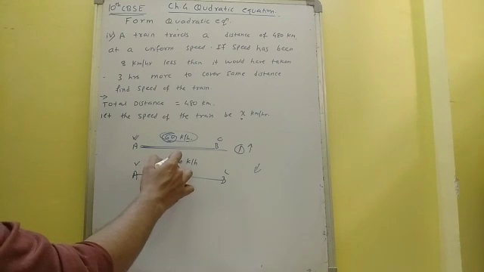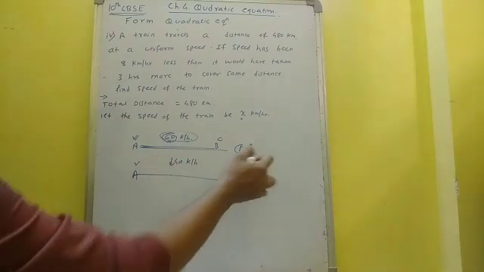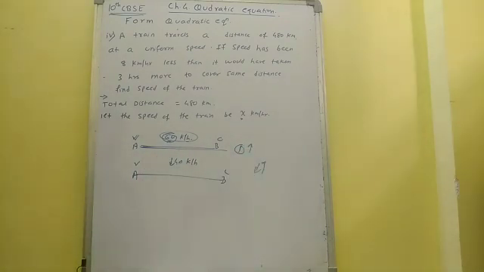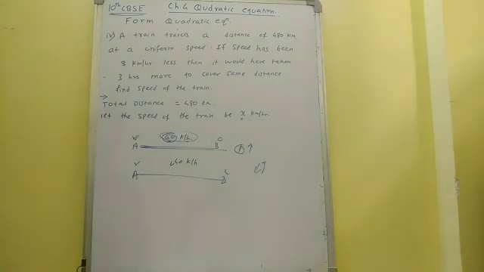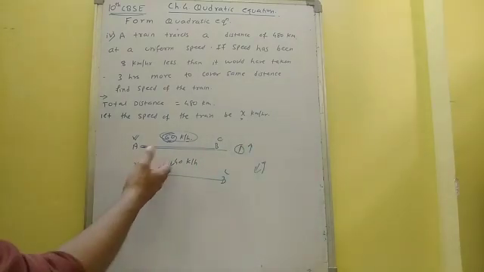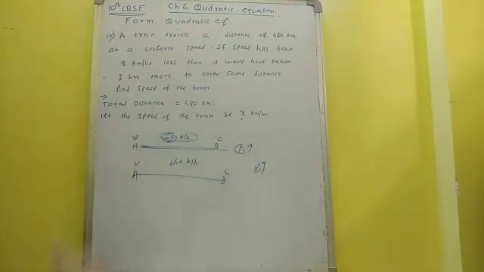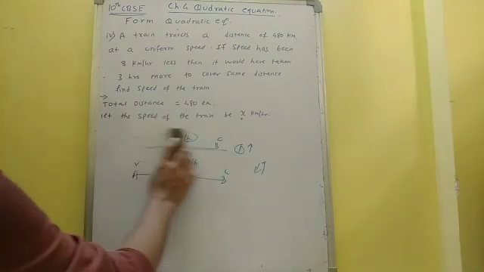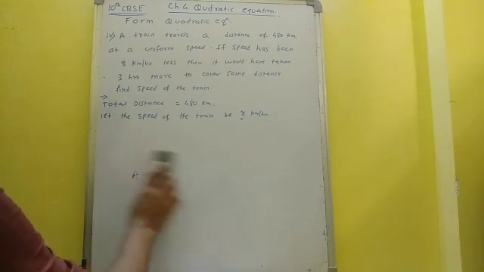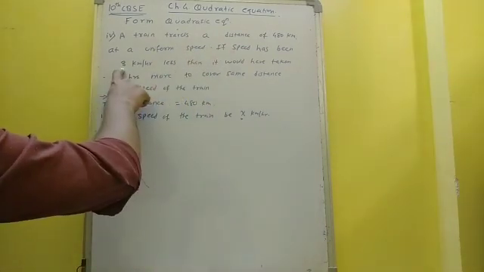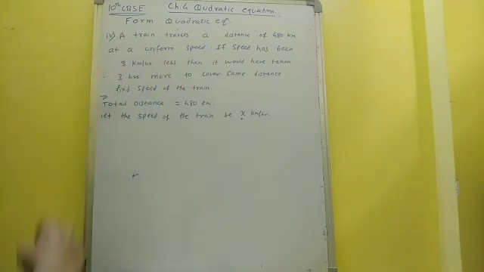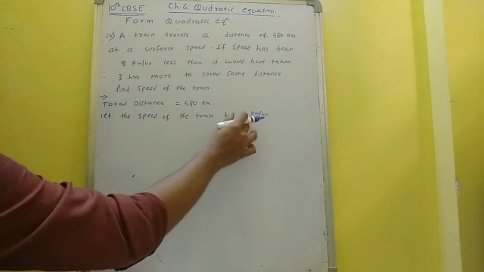Obviously the speed is slow, so it will take more than 1 hour. You need to understand that if the speed is less, time consumed will be greater. And if speed is more, time consumed will be less. So taking that into attention, if the speed has been 8 km per hour less, first of all I will frame the equation for this.